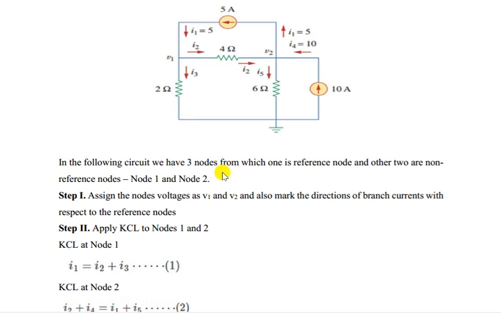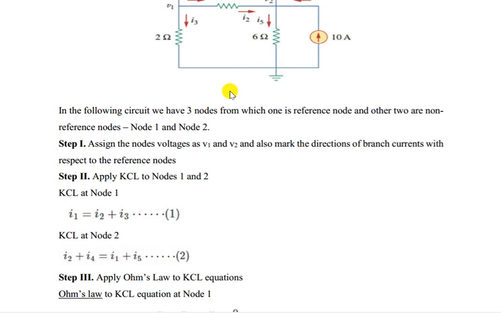Okay. After doing it, we then have to apply KCL at each non-reference node. That means at node 1. At this node 1, if we apply KCL, what can we write? I1 is entering, I2 and I3 are leaving. So we can write I1 equals I2 plus I3. Okay, equation 1. Now writing KCL at node 2, what can we write? I4 plus I2 equals I1 plus I5. Entering current equals leaving current according to KCL. So this is your equation 2.